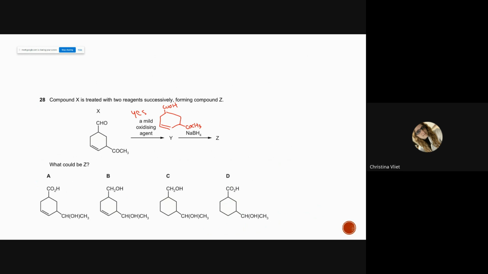That's not aldehyde. Ketone, right? All right. Now you've got NaBH4. What happens now? It reduces. You're reducing the NaBH4. That's it. to